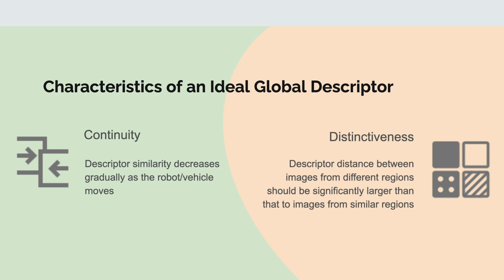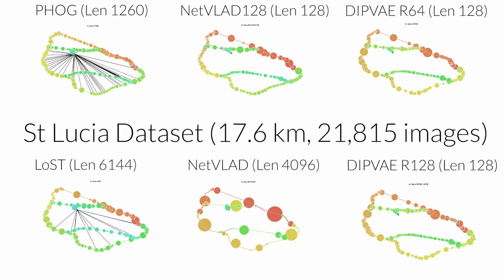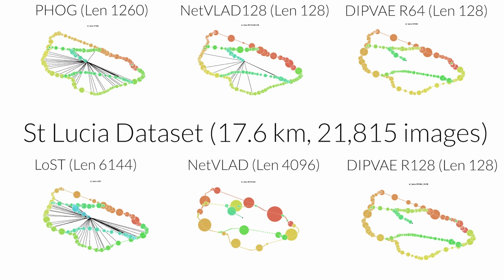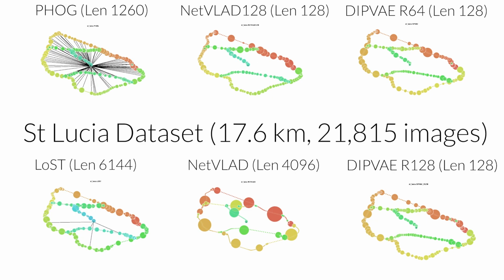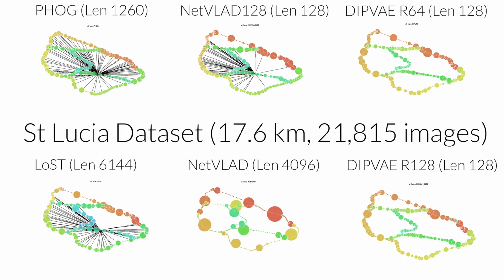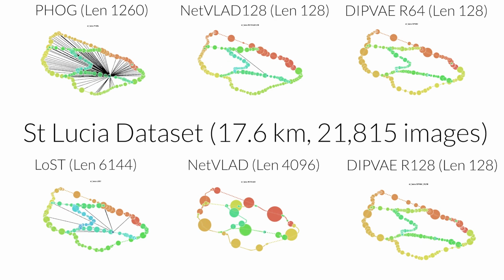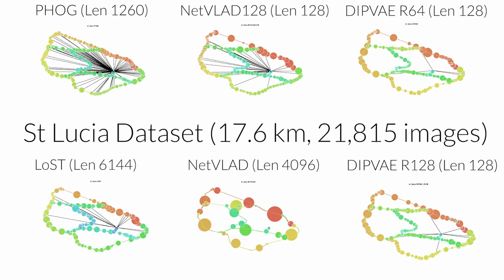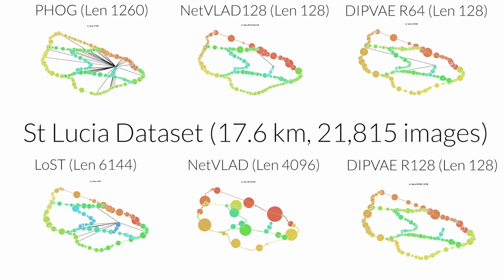The effects can be seen magnified in longer trajectories like St. Lucia. Here, we map St. Lucia using 6 different global descriptors. The new node threshold determines how many locations will be there in the final map. Hence, we repeatedly run the mapping process, altering the new node threshold such that the map yields 100 to 700